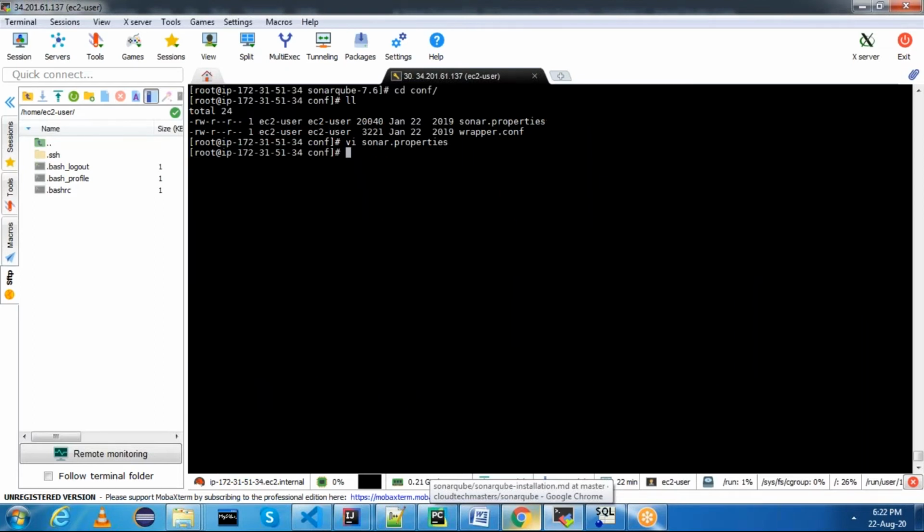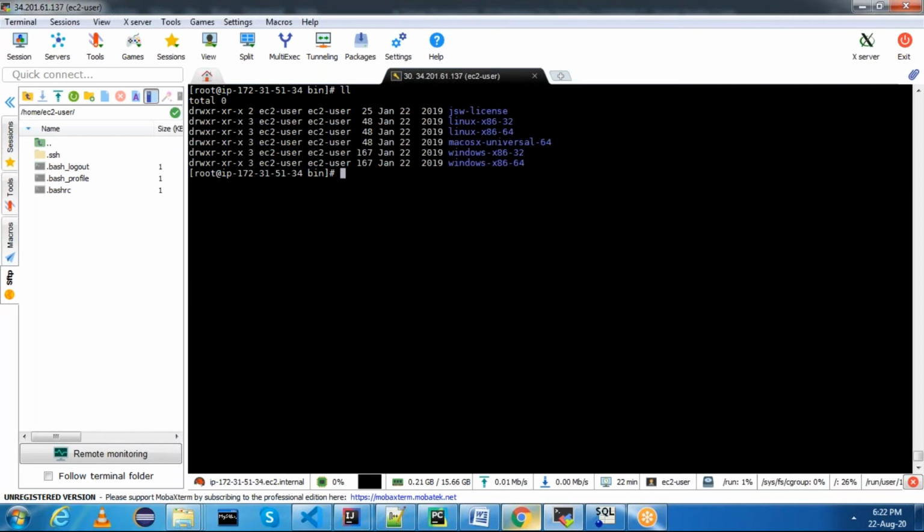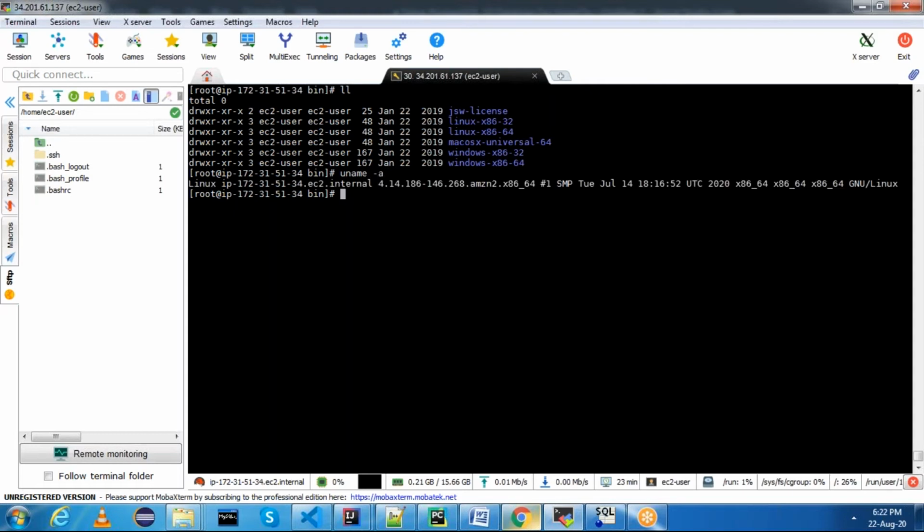Now we have mentioned the PostgreSQL database in sonar.properties. Now go back to the SonarQube directory, and inside this directory there is a folder called bin. Go into the bin folder. It has multiple folders. Ours is Linux 64-bit. You can use uname -a.